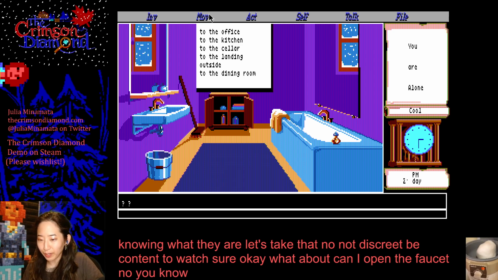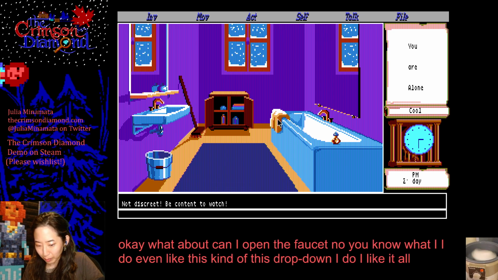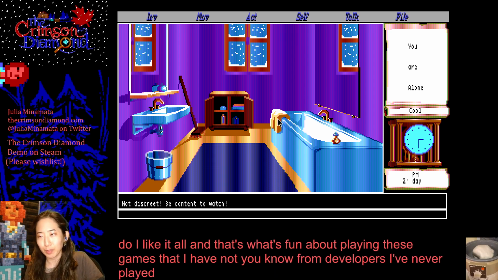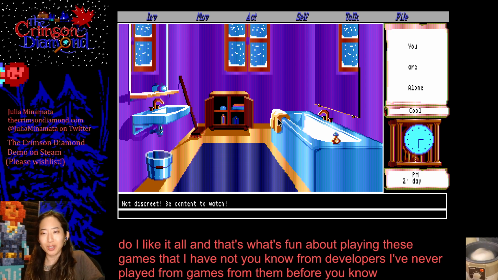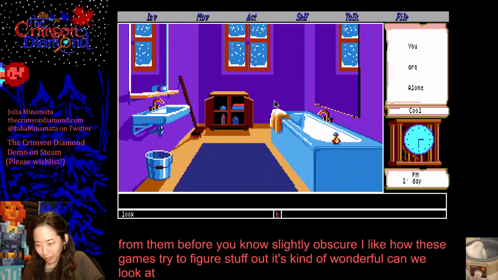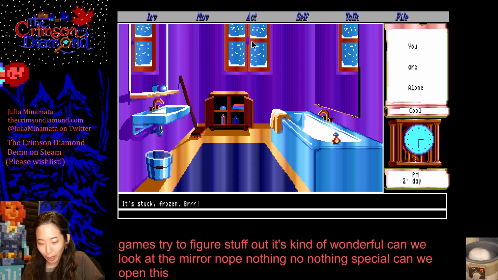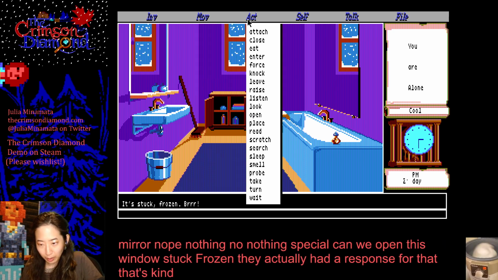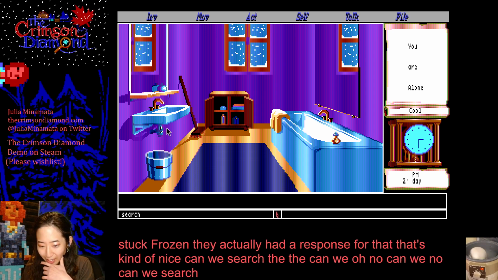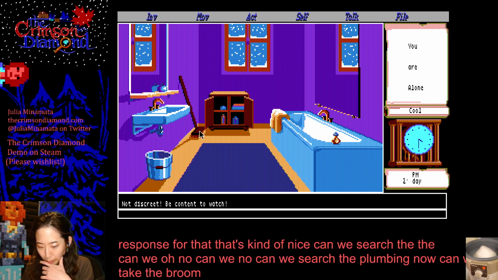You know what, I do even like this drop down. I do. I like it all. And that's what's fun about playing these games from developers I've never played before, slightly obscure. I like how these games try to figure stuff out. It's kind of wonderful. Can we look at the mirror? No, nothing special. Can we open this window? Stuck frozen. They actually had a response for that. That's kind of nice. Can we search the plumbing? No. Can we take the broom? Can we...